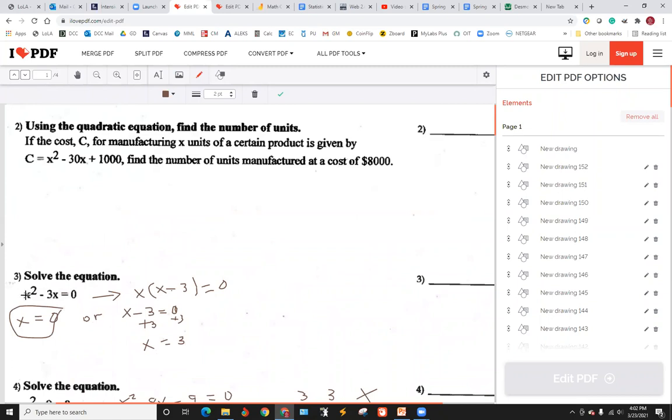And then 3. 3 squared is 9. And then 3 times 3 negative is negative 9. 9 minus 9 is 0. So